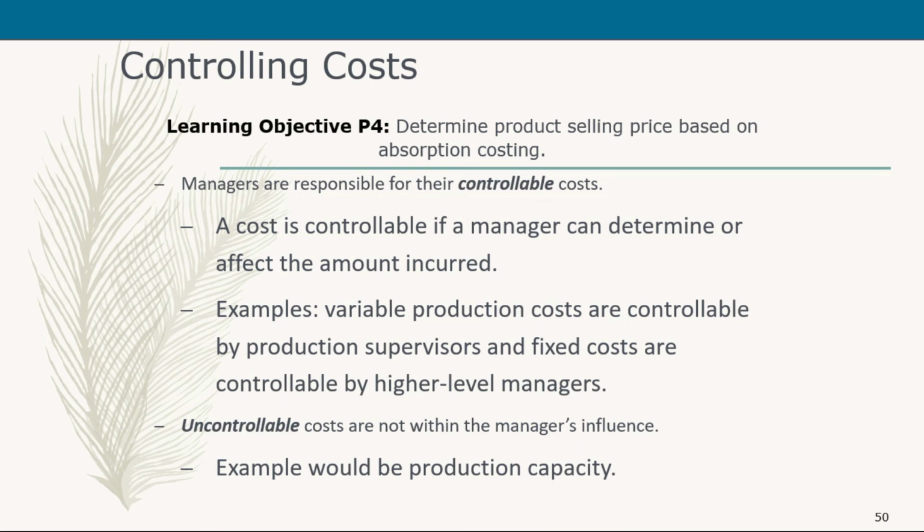Okay, and of course, if there is a controllable cost, we have uncontrollable costs that are not within the manager's influence. It can include your production capacity. Since your production capacity depends on the orders or the demands of the customer, it will be driven by that factor or function. Okay,